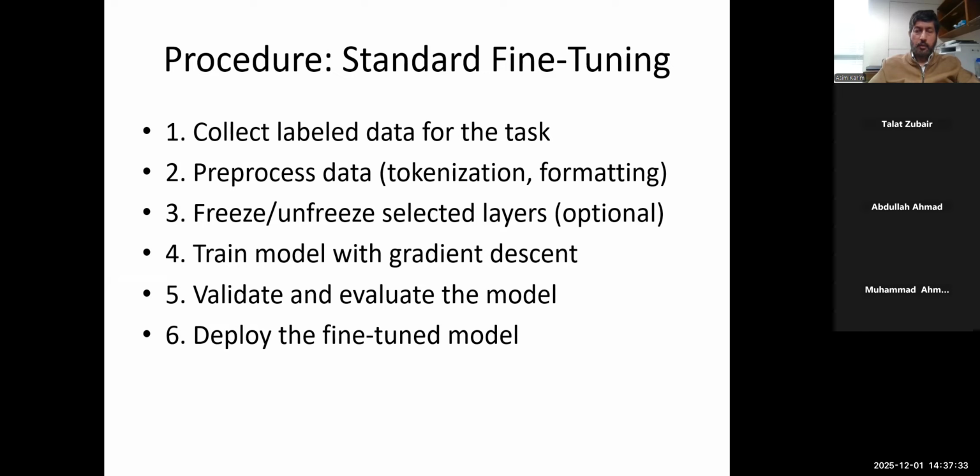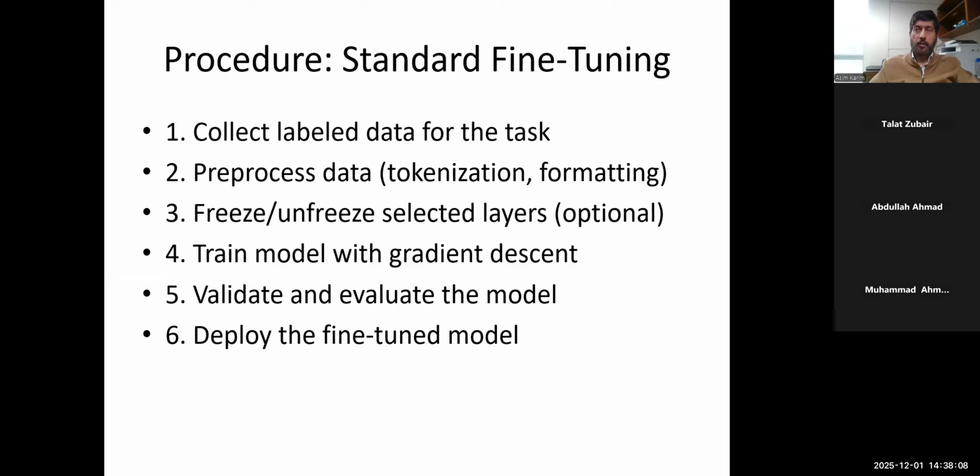So the procedure, I think you understand the procedure. You have data, you have a loss function, feed the data, train the model, adapt the model. You have to have labeled data. Okay, process the data in the format that is required for the model, pass it to the model, get the loss, and then using the loss, update the relevant parameters, either the entire set of parameters or some selected parameters. So this is what they have written, you need to select which layers to adapt.